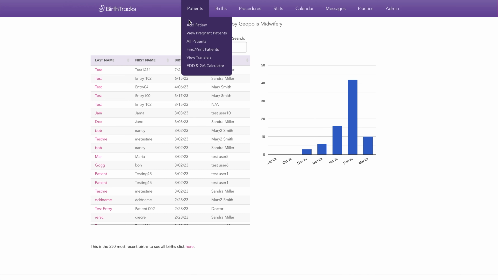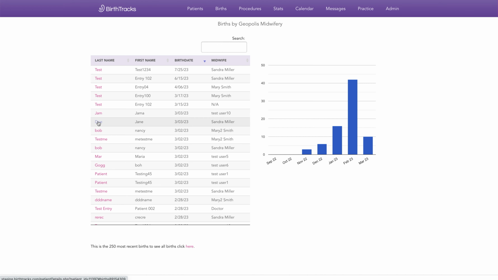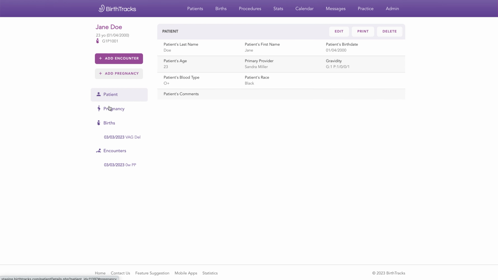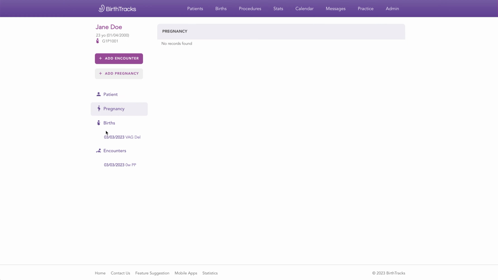encounter, then you would come here to Patients and then Add Patient. But we're going to select a patient from our births list. If needed, you could also search for the patient here. Now, once you select their name, it's going to open up the patient's chart. And you now have the side navigation here where you can toggle through the different types of information about your